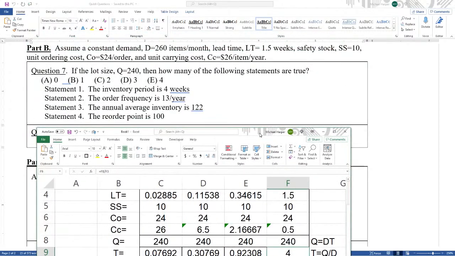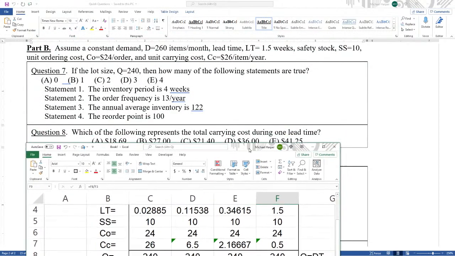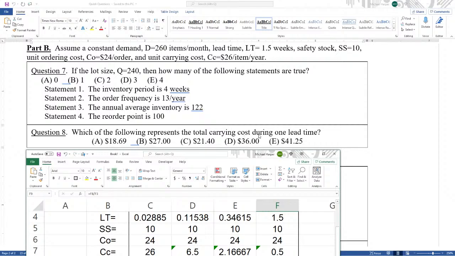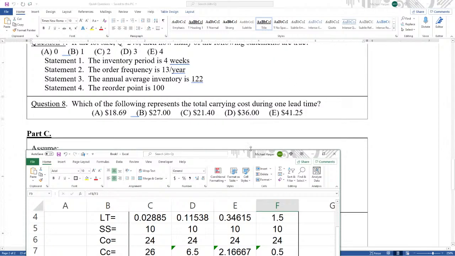Okay, we have it. Which of the following represents the total carrying cost during one lead time? Oh, okay. Well, that's a little bit different. And you have to kind of visualize a lead time here. So during a lead time, which is 1.5 weeks, we have a safety stock of 10, right? And we have the demand times lead time is how much inventory we have, and the safety stock. In other words,